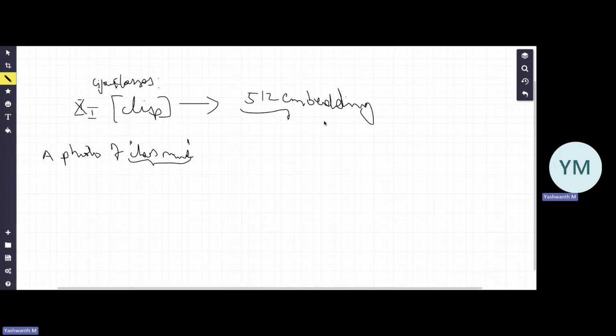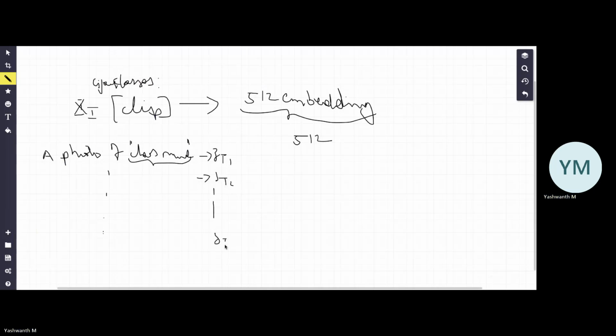Now with these 512 embeddings, we do the correlation of each of these 10 class representations. So we get a text representation corresponding to each class,